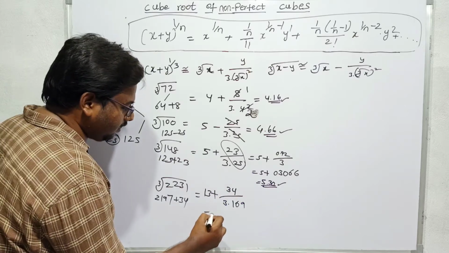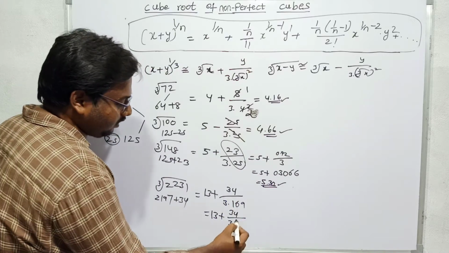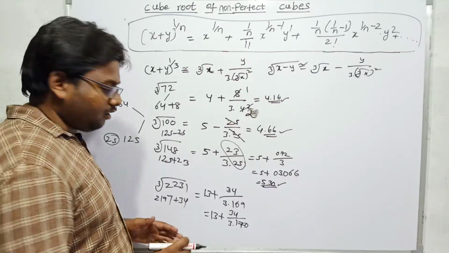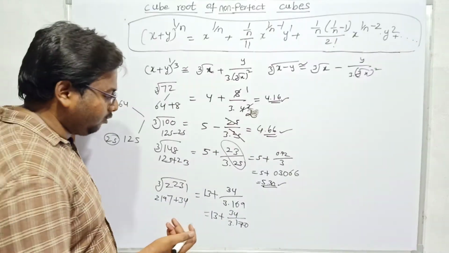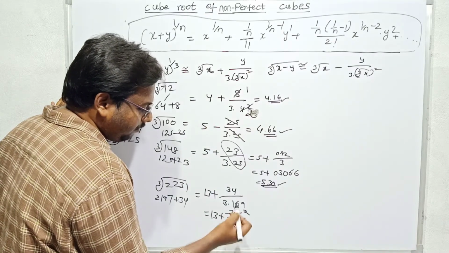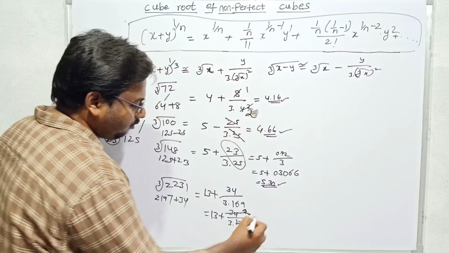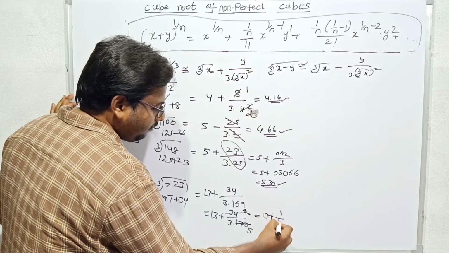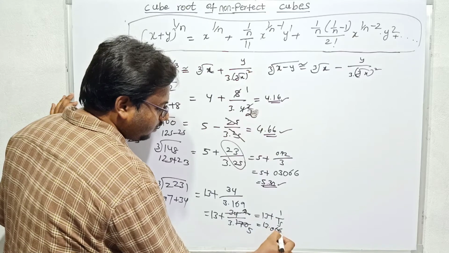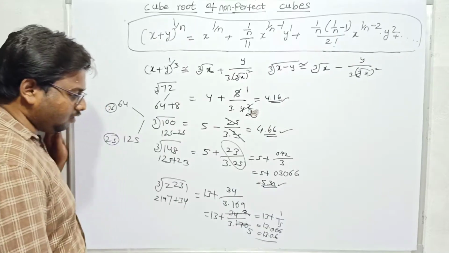So if I think of this 169 as 13 plus 34 by 3 into, if I think of 169 as 170, because if I increase this value by 1, the answer won't have a huge difference. So 17 2s are 34, 17 10s, so 34 1s are 34, 34 5s are 170. So what you will get here is 13 plus 1 by 15. So 13 plus 1 by 15 is nothing but 0.0666. So this is nothing but 0.06. You can round it off to 13.07 also.